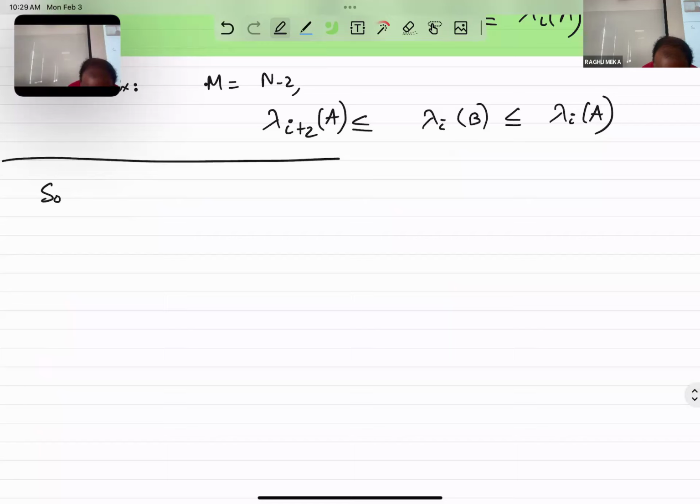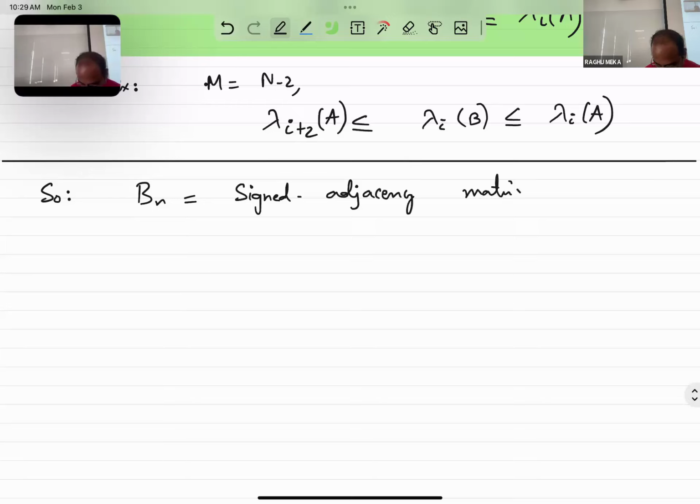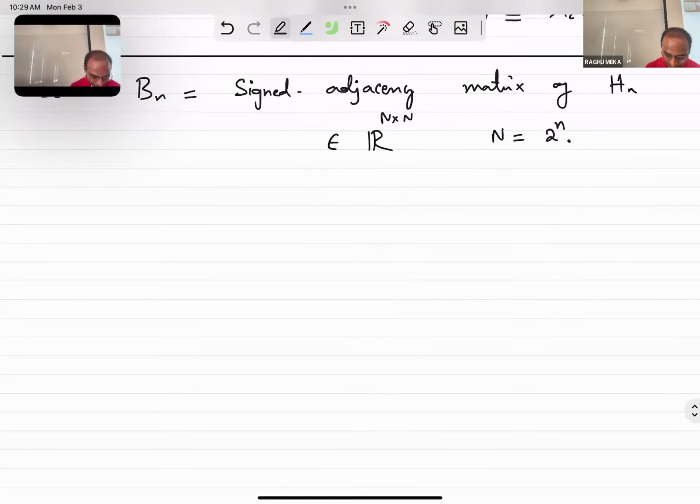So if we go back all the way to what we are trying to do, then we have Bn, which is a signed adjacency matrix of Hn. So this is a, let's say, capital N by capital N matrix, where capital N is 2 to the little n. So the number of rows and columns is 2 to the n. For every bit string of length n, you had a row or column. And we were looking at